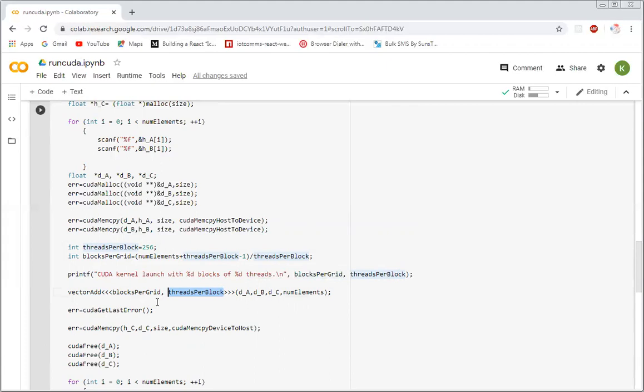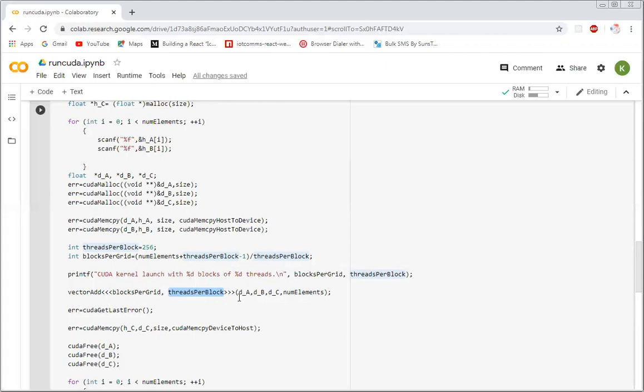In that case, you can also divide it with 32 and accordingly associate that I want to have 4 blocks and each block with 32 threads. Okay, so no issues.